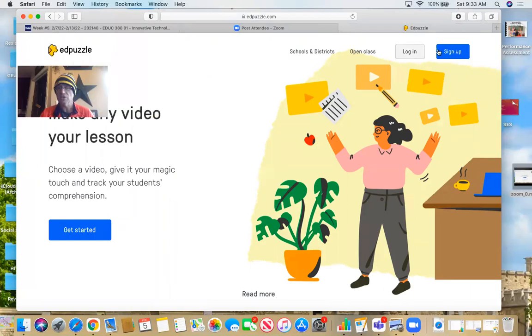And as you can see, you can sign up. Again, it's free. You only get so many free videos that you can store, and after a while you have to start deleting them. Sometimes if I don't use the videos anymore, I get rid of them. I keep a free account for this. Please, as always, do not pay for any of these unless you really, really want it. I'm not asking for any of that.